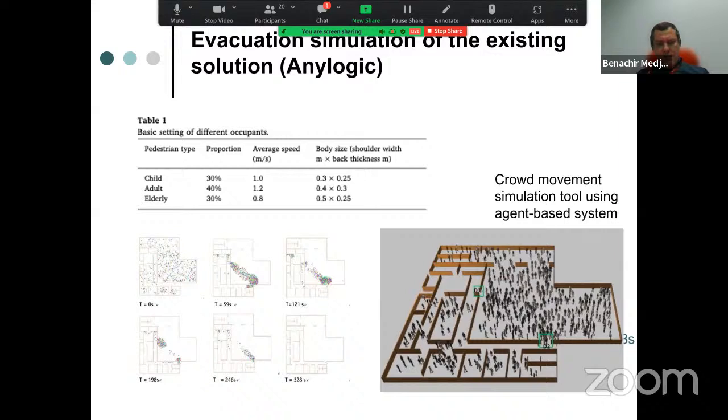It's quite a powerful system, where we can really model different behaviors within the crowd, which will affect the movement. But basically, for this example, we needed around 328 seconds to evacuate the building. I think it is around 400 people for this particular example. That's for the existing.